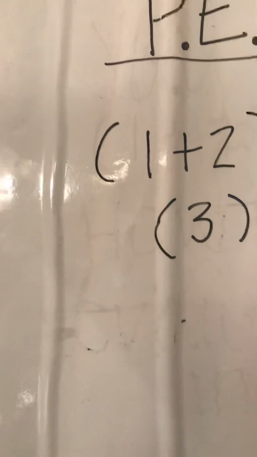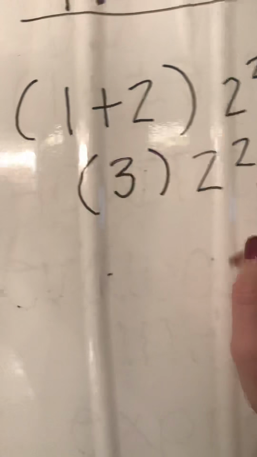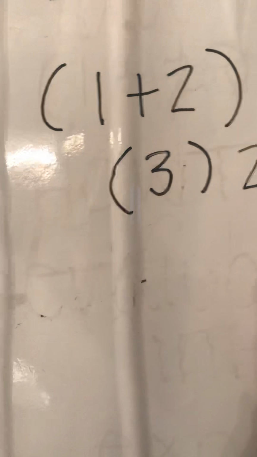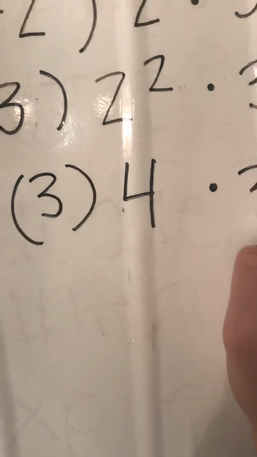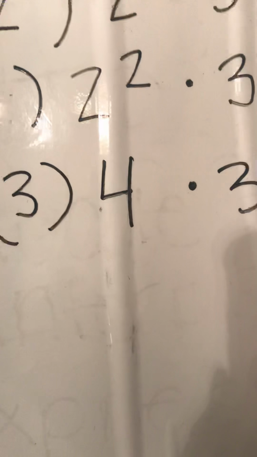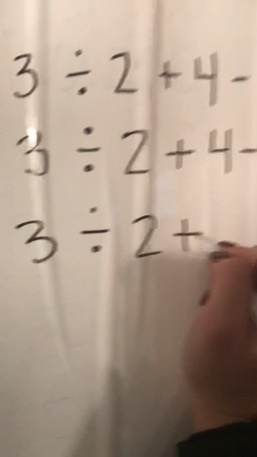minus 3. So the next letter in PEMDAS is E, and that stands for exponent. So we're going to look at the exponent, and that is 2 to the second power. Well, 2 to the second power equals 4. So now there's no other exponent. We're going to continue on writing all the equation that we have not yet solved. So we bring the 3 back down with us. We do times 3 divided by 2 plus 4